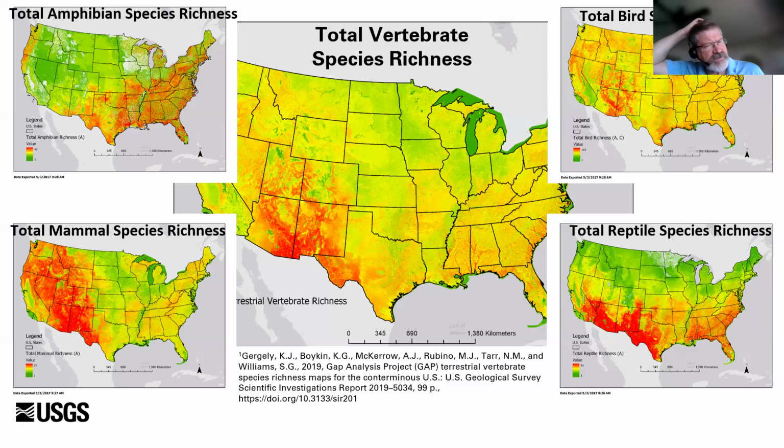And this is based on the 2001 imagery, but you can see where the Southwest is highly species rich. You get into the amphibians, and the eastern part of the US is very species rich. And the bird species can be quite varied depending on the bird community that you're looking at.